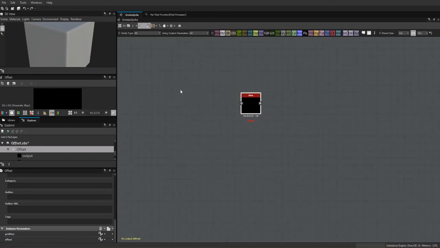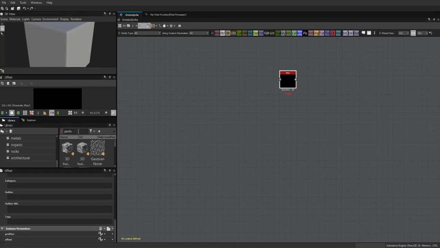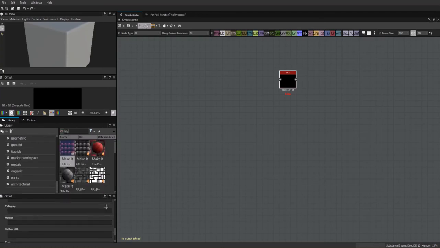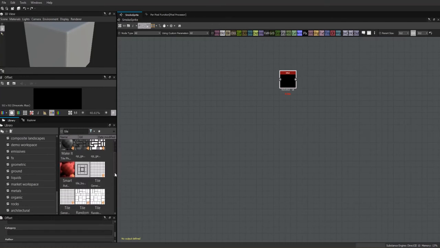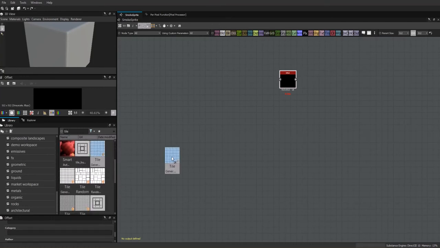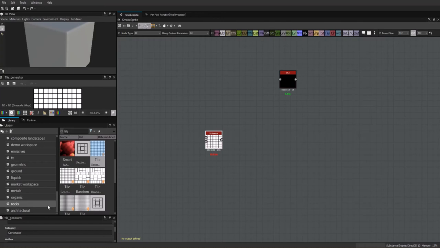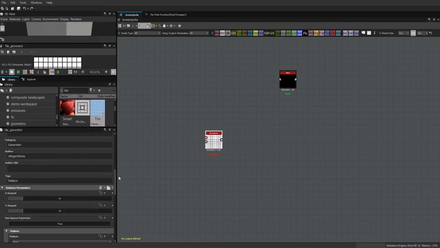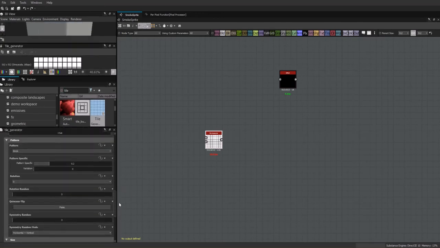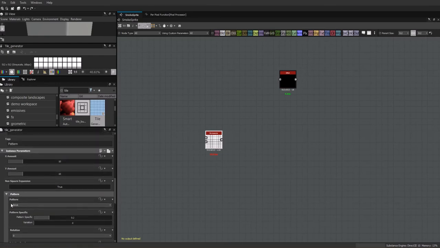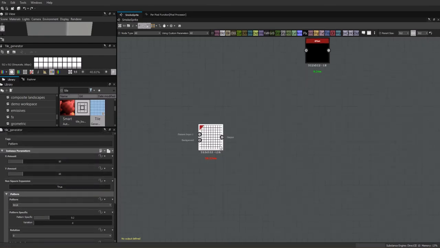So the first thing we're going to want to do is to set up the grid, if you will, just like we did. In other words, we want our grids to match up. In the substance library, there's a tile generator. There we go. And so we're going to go ahead and use that. And if we take a look at the parameters of the tile generator, we can do a bunch of different things. First of all, we're going to want to pick out